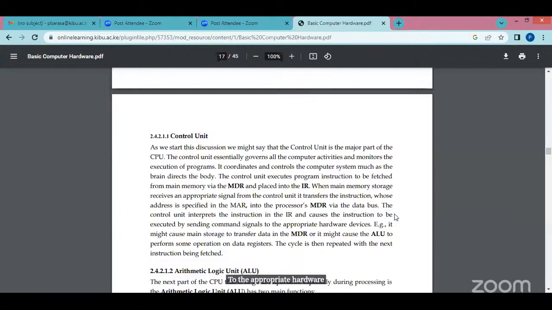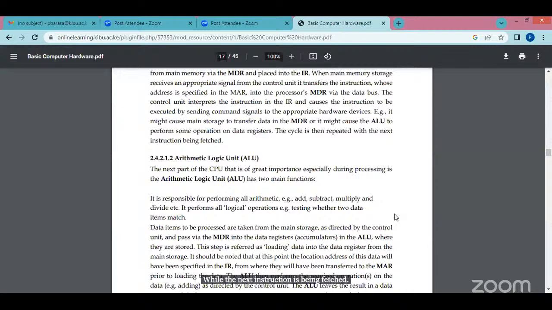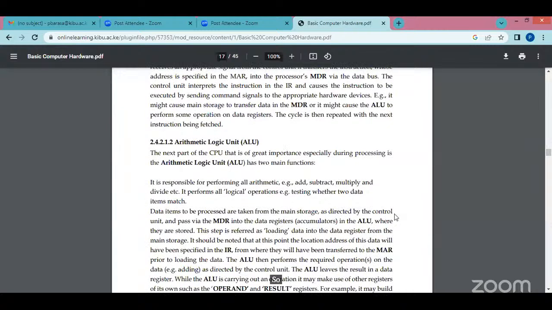E.g., it might cause main storage to transfer data in the MDR, or it might cause the ALU to perform some operations on data registers. So the cycle is then repeated while the next instruction is being fetched. And the next part we're going to look at is what we call the arithmetic logic unit. So the next part of the CPU that is greatly of importance, especially during processing, is